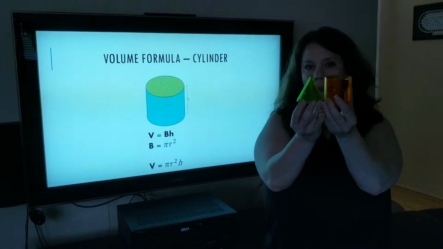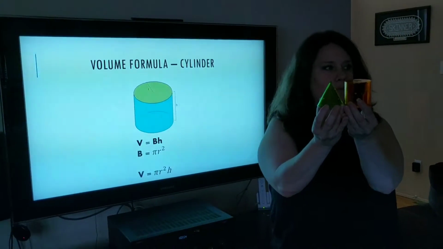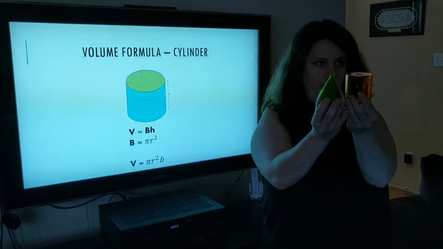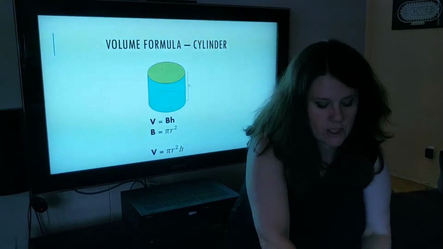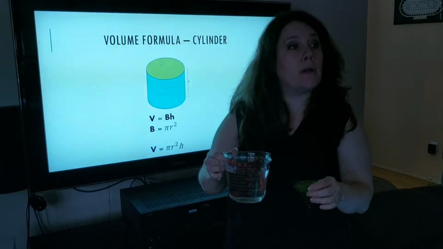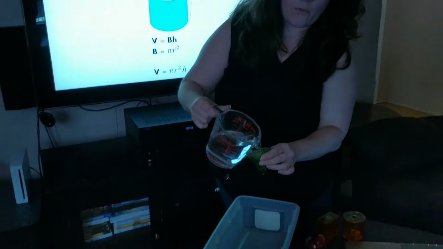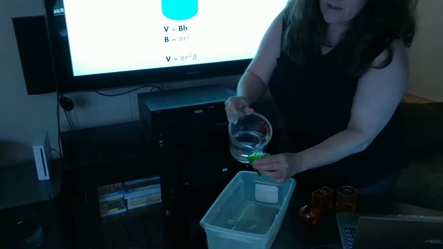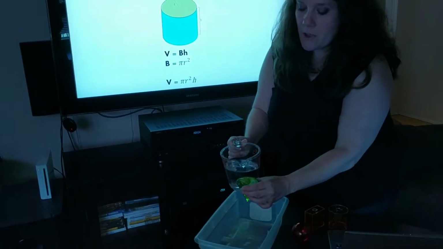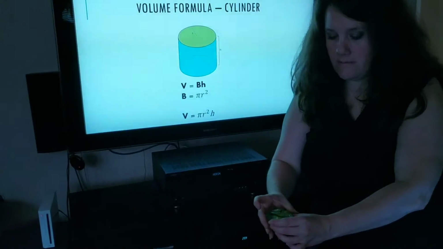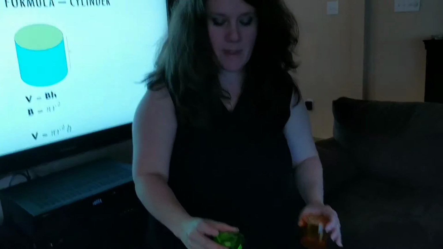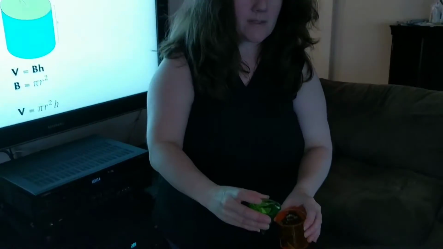So think about that as you're predicting what the formula might be. And as you're doing that, we're actually going to do a little bit of an experiment and see if your prediction visually matches up to what you have on paper. Okay, so I'm going to